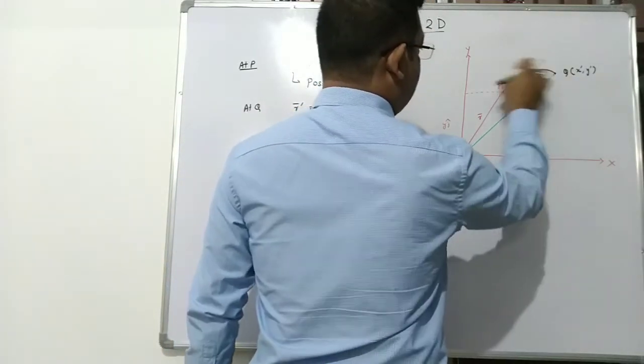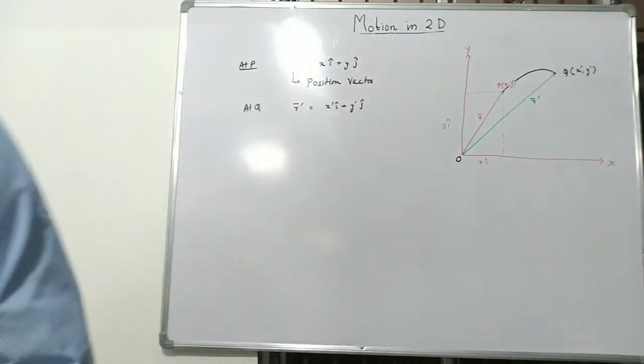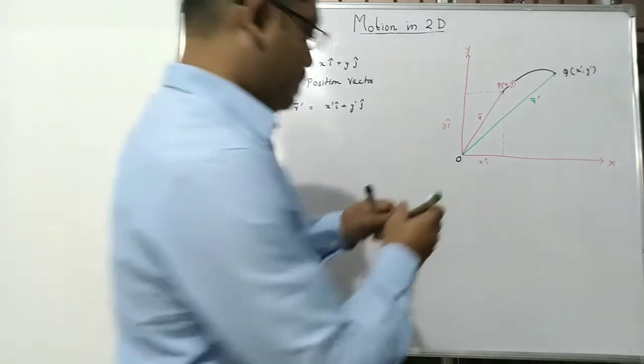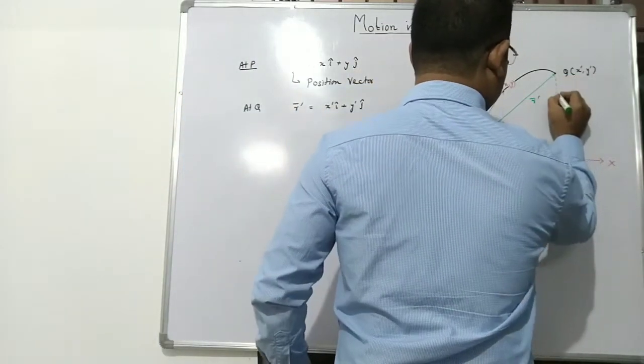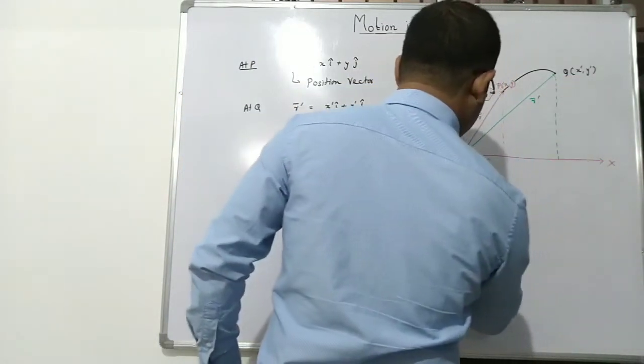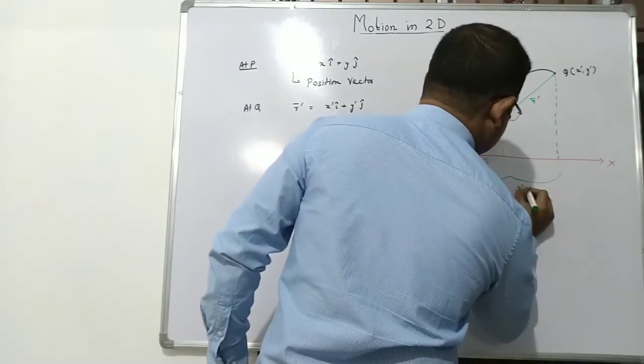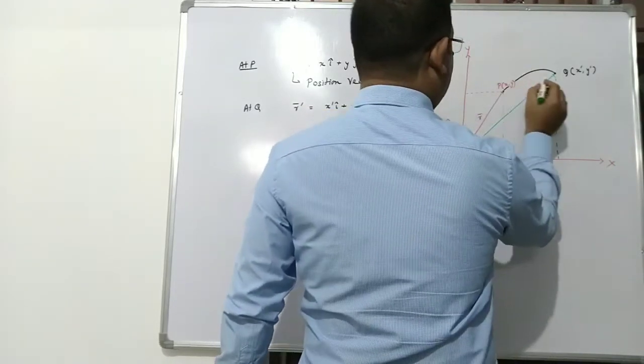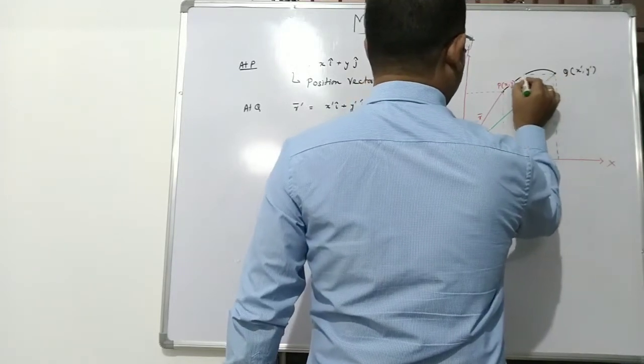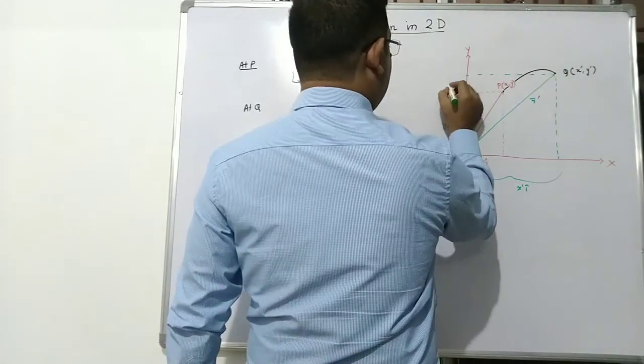If you draw perpendiculars here and here, like this, this entire vector will be given by x dash i cap, and if you draw the perpendicular like this,